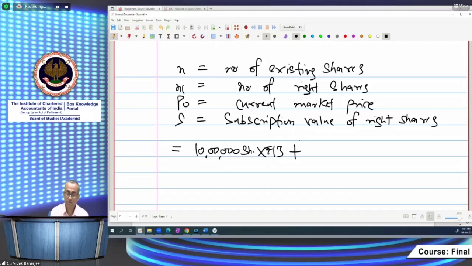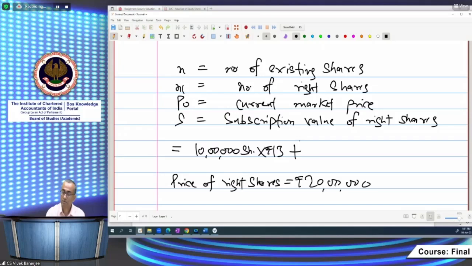What is the price of the right shares? What is the total amount the company is planning to raise by way of right issue? It is 20 lakh, divided by the